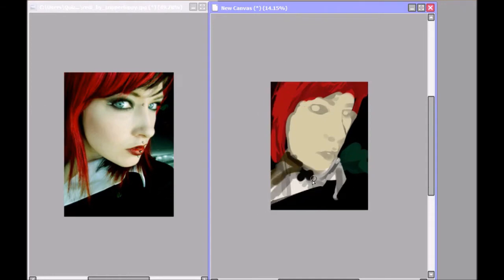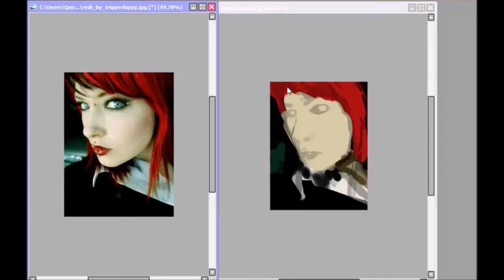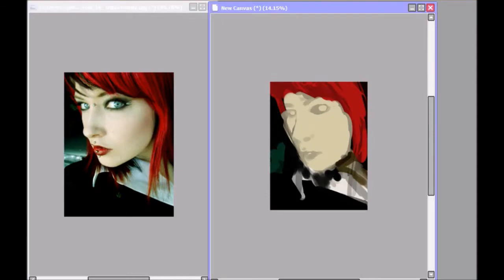And by now I've got the colour on, it becomes pretty clear that I've in fact done the shape of the face wrong, if you can see that. So now I can change the line art layer to reflect that a little bit. I made her face a lot thinner than it actually was.